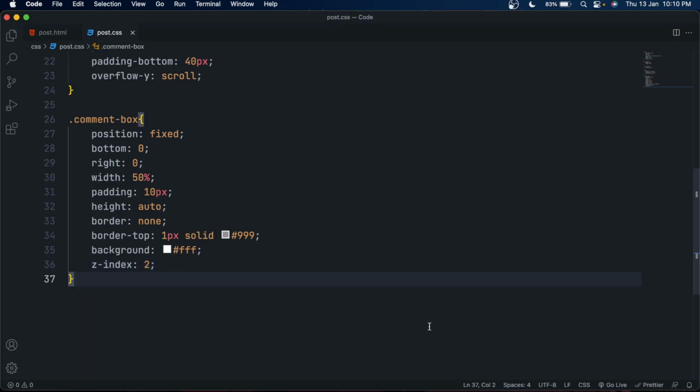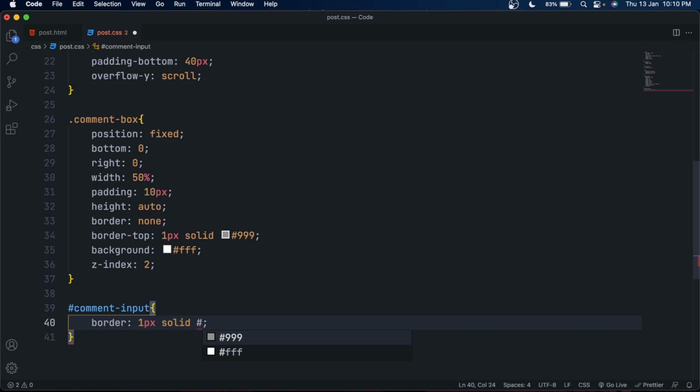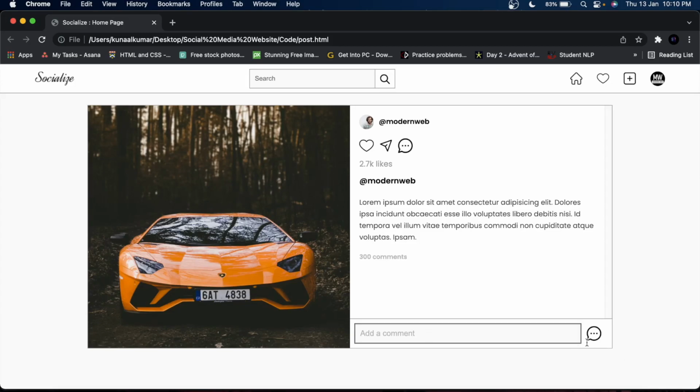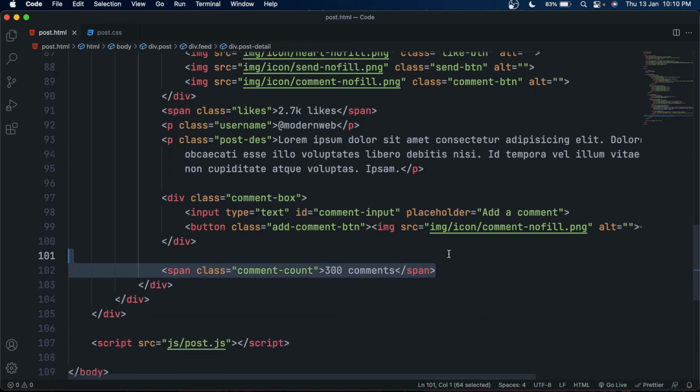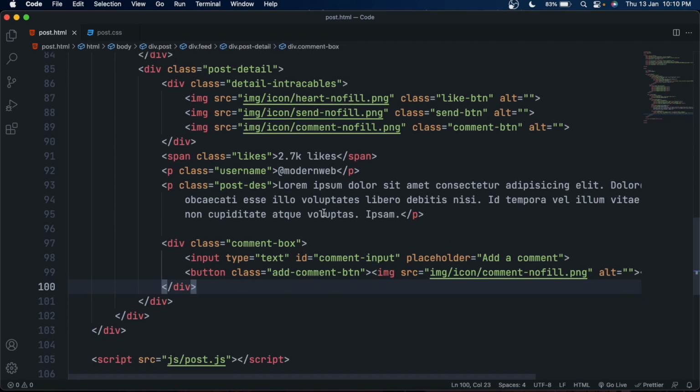Great, so I think we are done, or let's say we are not done. Select the comment input and set its border to 1 pixel solid so it will be a little bit visible. And I guess now we are done with the comment box, so now let's make the comments. Sounds great. You can actually remove the comments count because we really don't need that here.